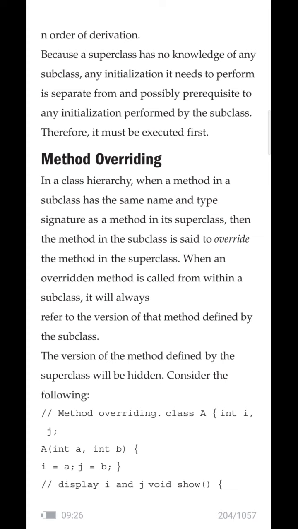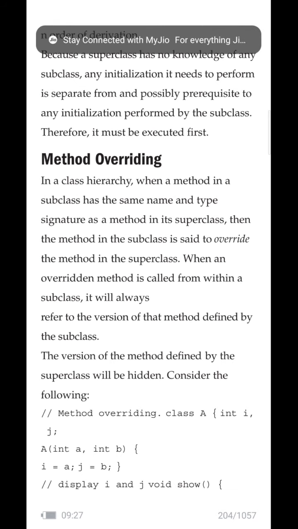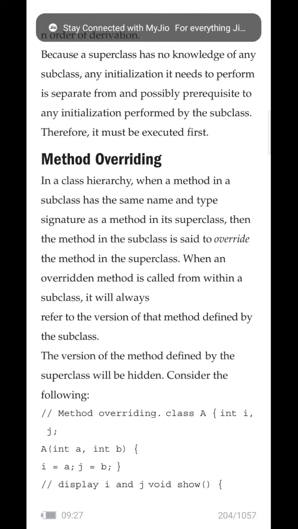Whenever you are creating the subclass object and referring to i, of course the subclass version of i will be called. But whenever you want to make use of the superclass version of i, explicitly use the keyword super. The same concept we are going to apply once again for the member functions. Earlier we applied it for the member data. Okay, the things must be there in your notebook. Watch my previous videos, the usage of super and all. If you have any doubt, you can ask.